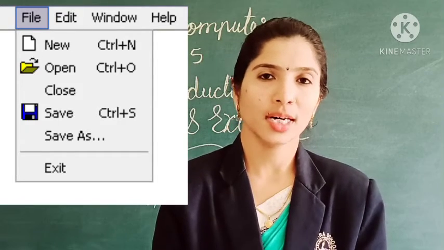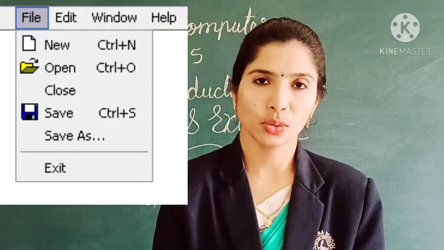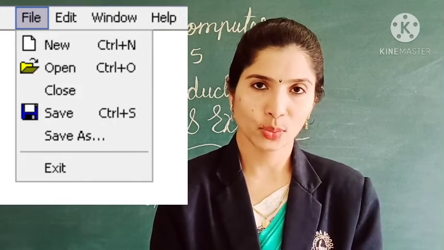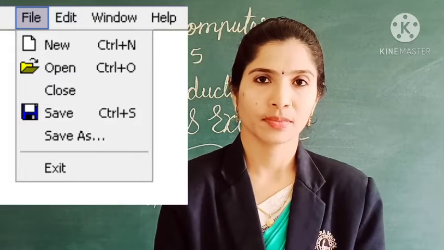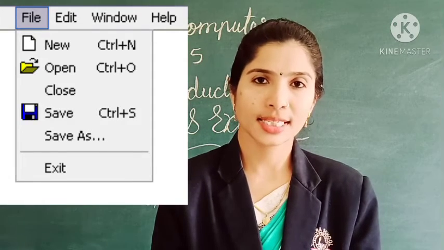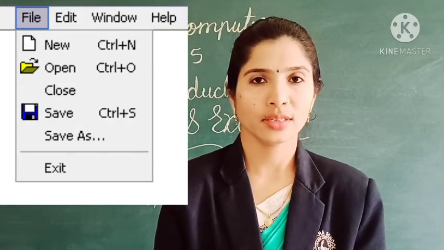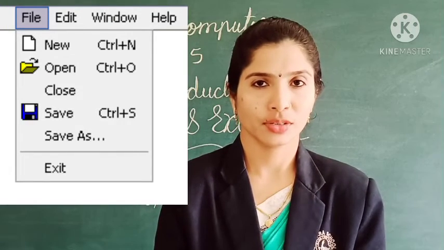It allows us to create a new document, open, save a document, and save an existing document. You can close it when your work is finished.